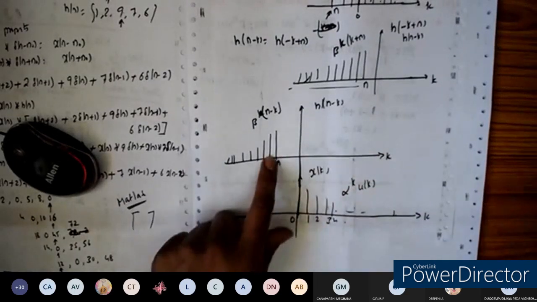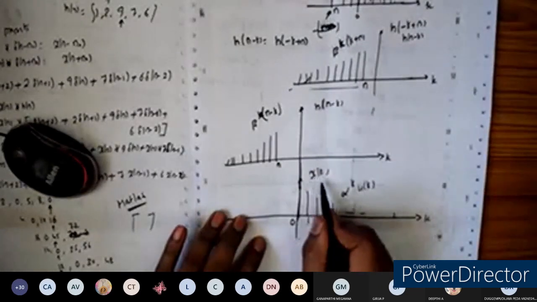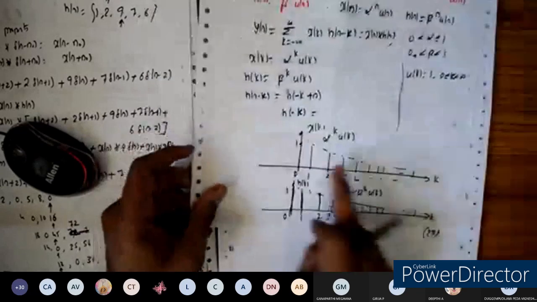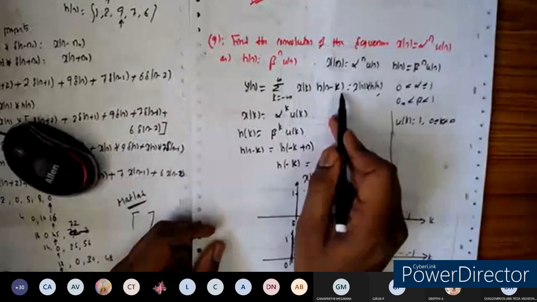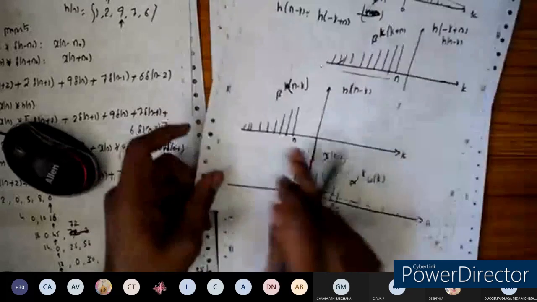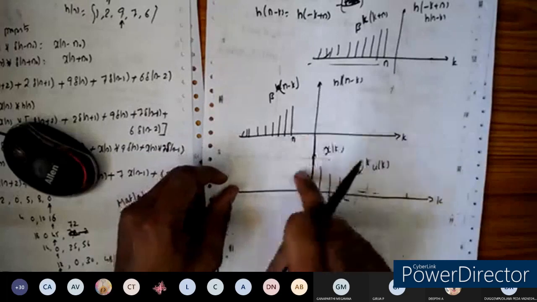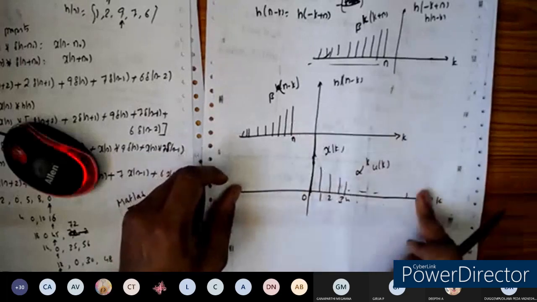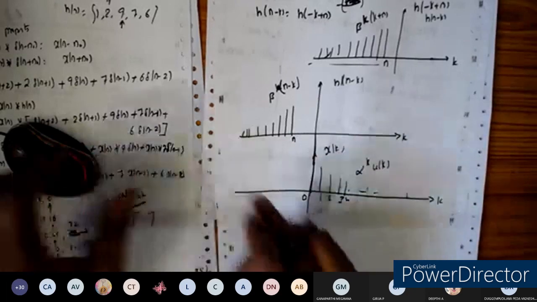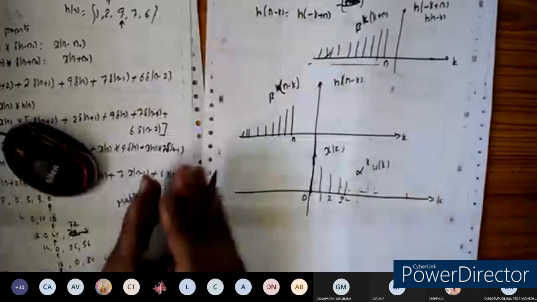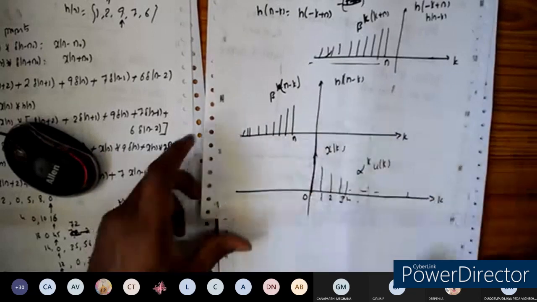So the signal will be like this. Now we have the waveform for h of n minus k, and we have the waveform for x of k. These are the waveforms as per the formula x of k into h of n minus k. Now we are going to vary the value of n. First case is the non-overlapping region. Next is the overlapping region, so that the product will be encountered here, like in the previous problems we had done, such as n less than 0 and so on.